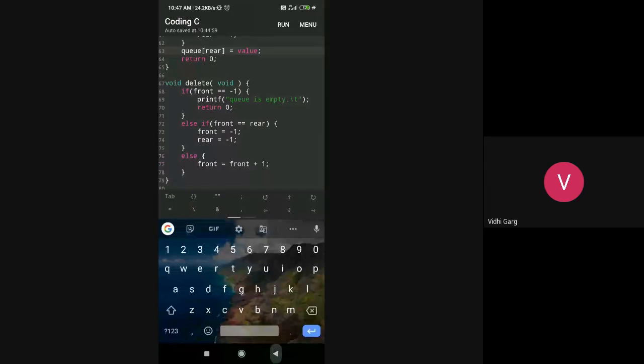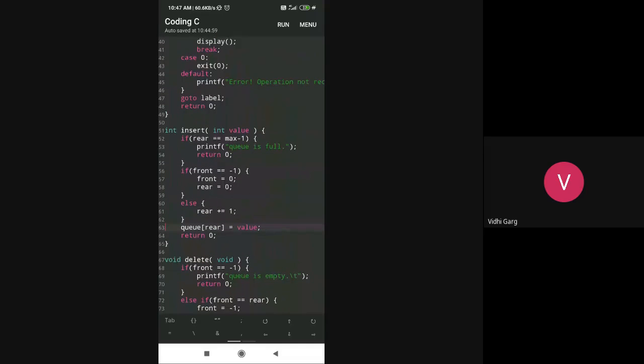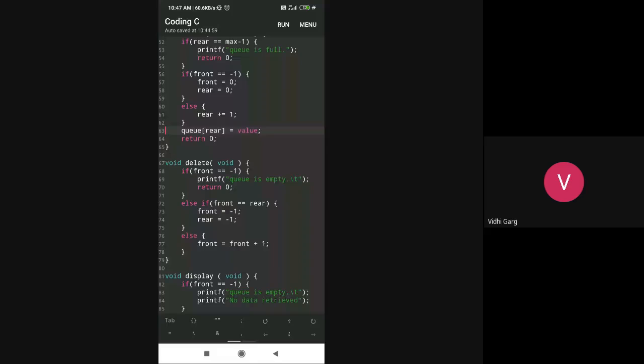Now go to your program. Okay, here is what you can do. Simply you can with this print